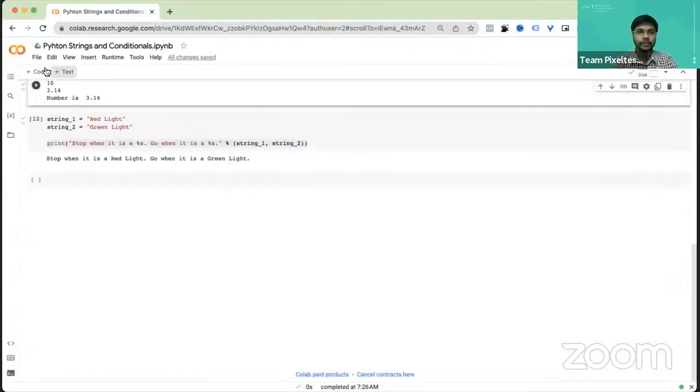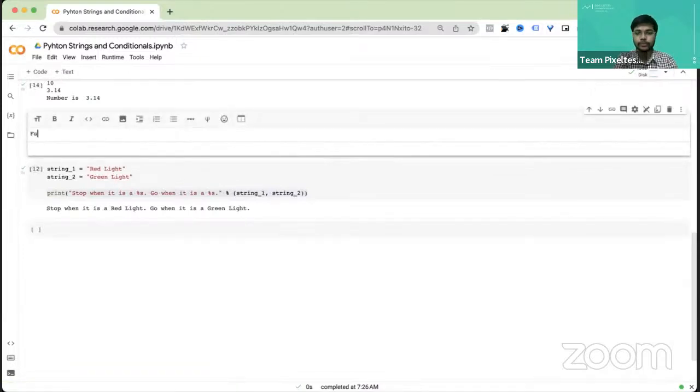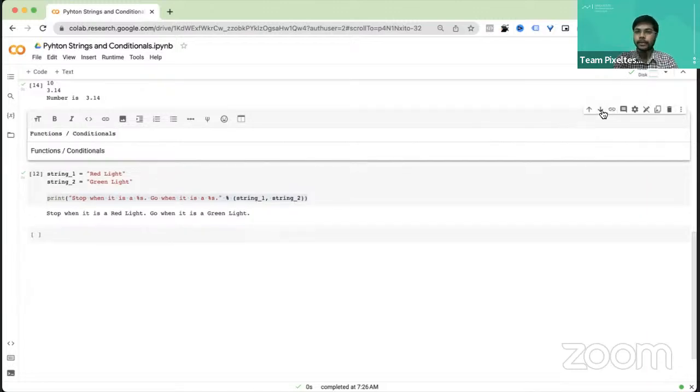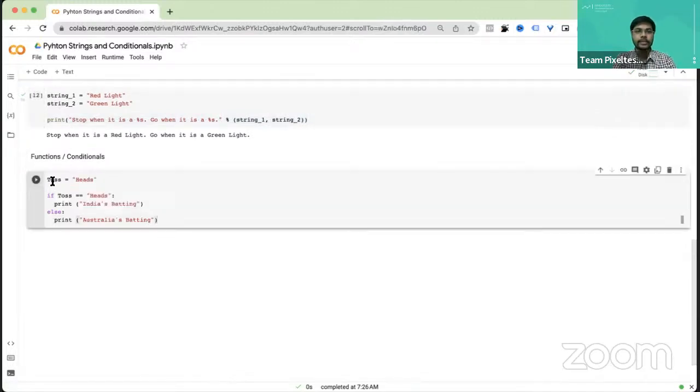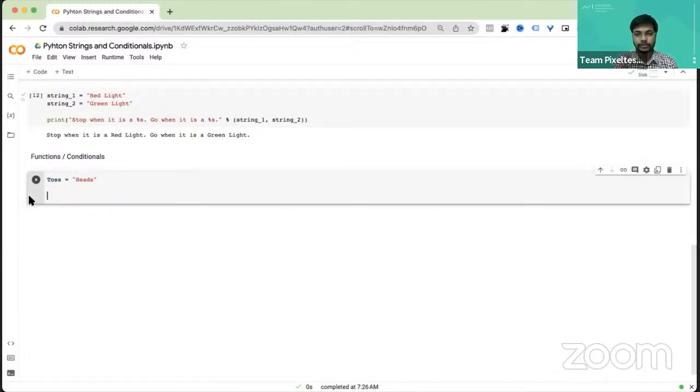Now, if you see, I'm going to say actions or conditionals, and let's go ahead and run this. You can see that there is one variable called toss that is created, and there is a new condition, right? So what we're going to do, I'm going to say if toss. So this is a definition. Now, if you see, if toss is